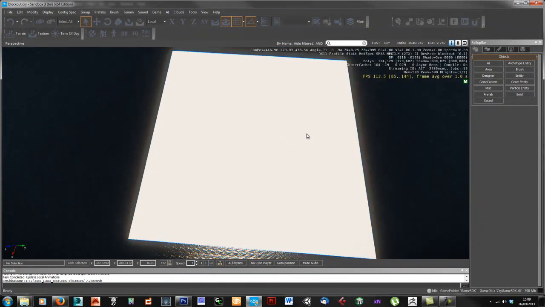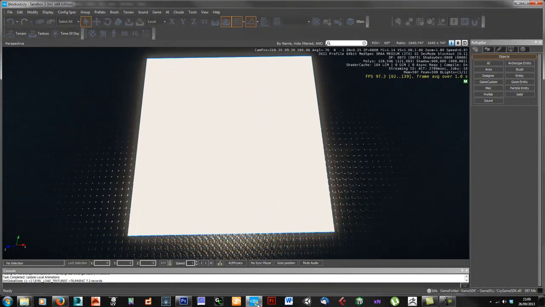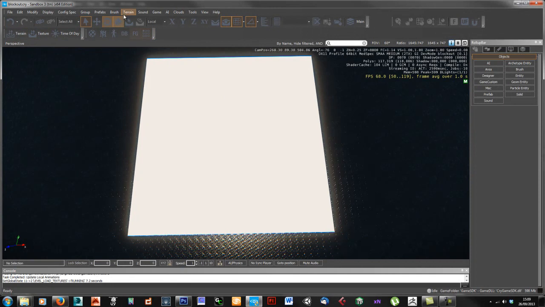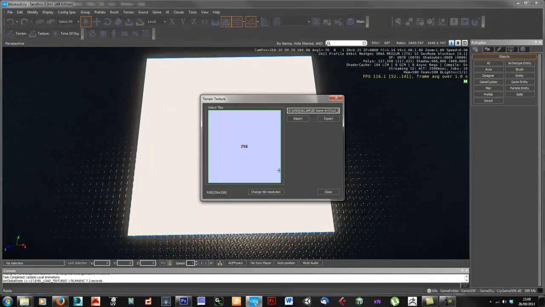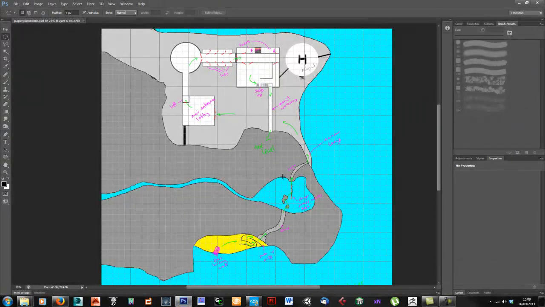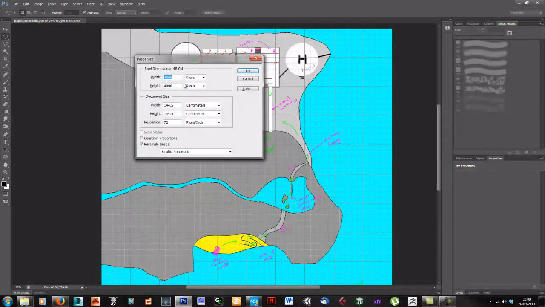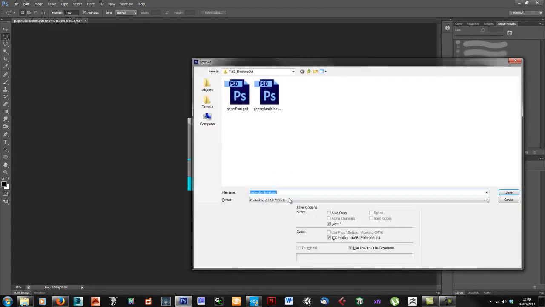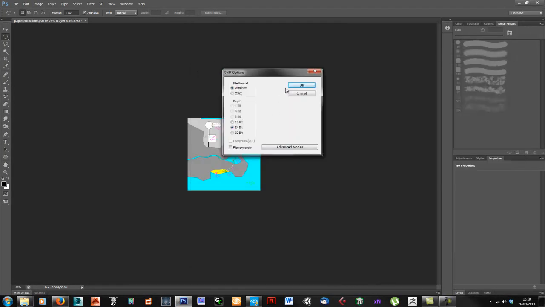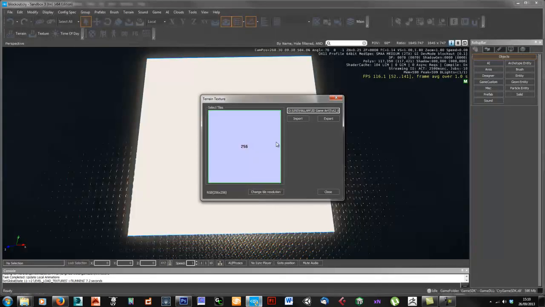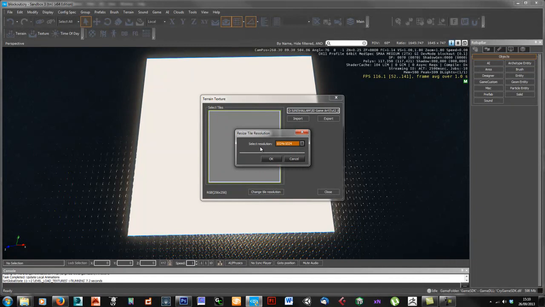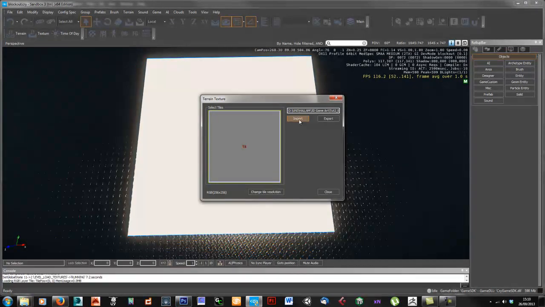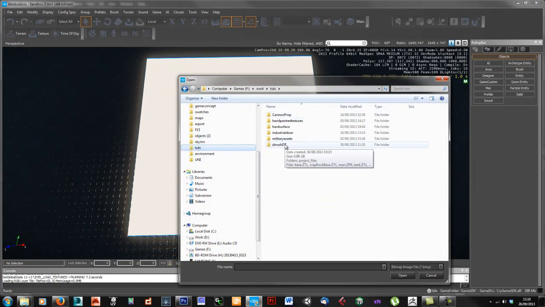So the next thing I want to do is paint my map. I want to paint over the height map the map that I drew on here. To do that, I'm going to import a texture onto the terrain. Actually, going back to this, I want to size this down, so 1024 will be fine. I'll save that again as the bitmap. 1024 is just enough resolution for us to draw, and we're only doing this to get a guide, so I need to change this tile resolution now to match the size of my bitmap to 1024. Then I can just import,